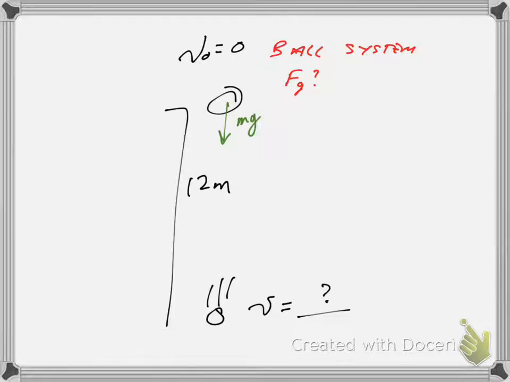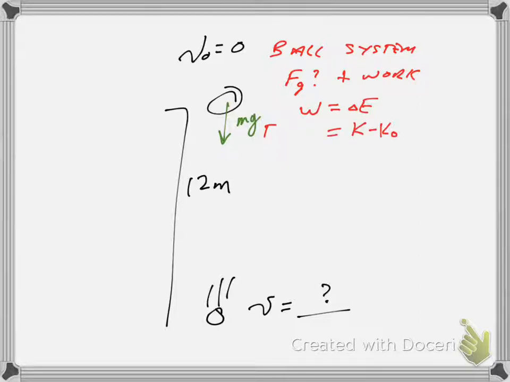And if you look at the direction of the force and you look at the direction of the displacement, they're both down, and so the angle between them is 0, so cosine of 0 is going to be +1, and so there will be positive work done by the gravitational force on the ball system. Well, of course, the work-energy theorem tells us that work done on the system will cause a change in energy in the system, and so now I just need to determine what the work is done, and that will be